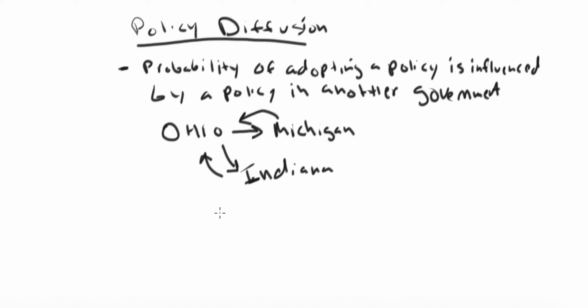face similar issues. So policy diffusion being that the probability of adopting a policy in Ohio is influenced by the policies that are adopted in Michigan or Indiana or Pennsylvania, because we share similar characteristics. We have the same kind of policy issues. So it's reasonable to believe that the states that you border